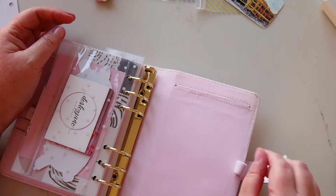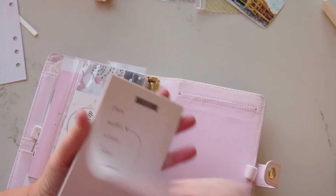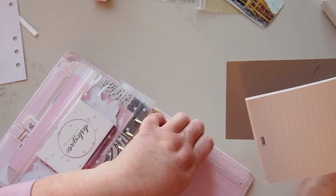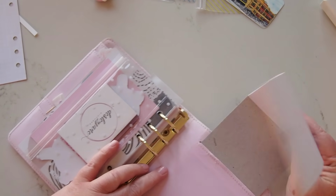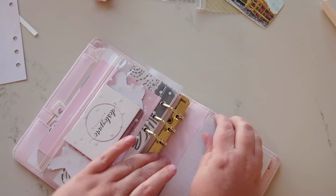Okay, right in the back is where my notebook should be. Here it is. So I'll just take this page off where we mapped out the planner. Sometimes I don't put the notebook back in, but I don't know. To me, it doesn't really feel complete until it's in here. Plus, I have an ulterior motive because